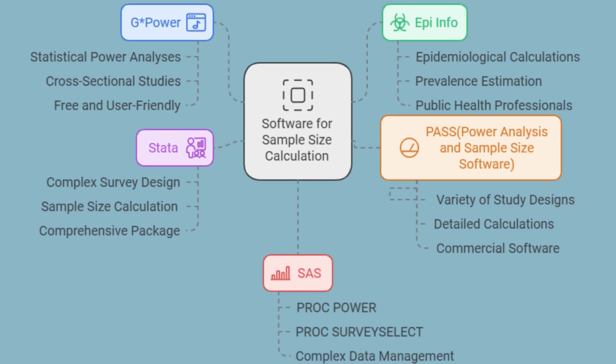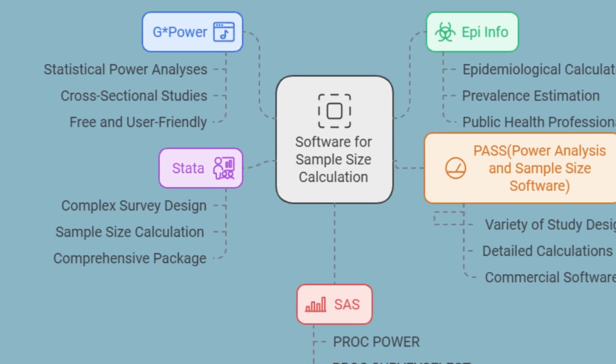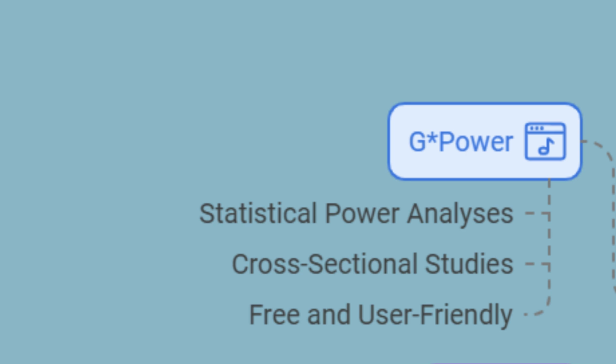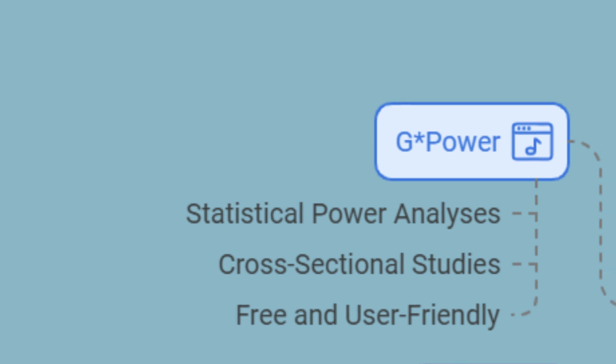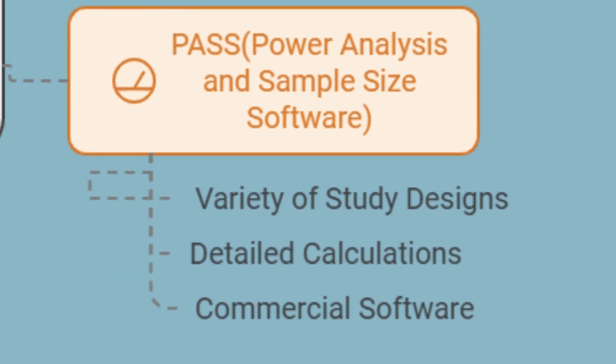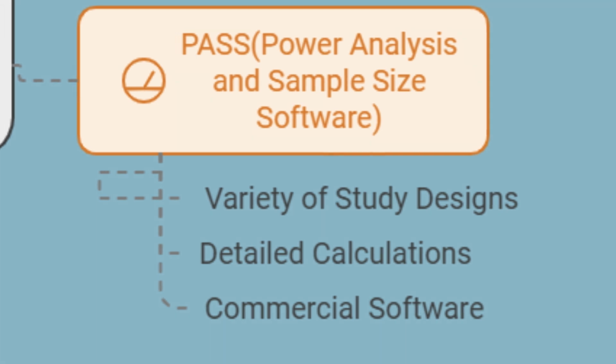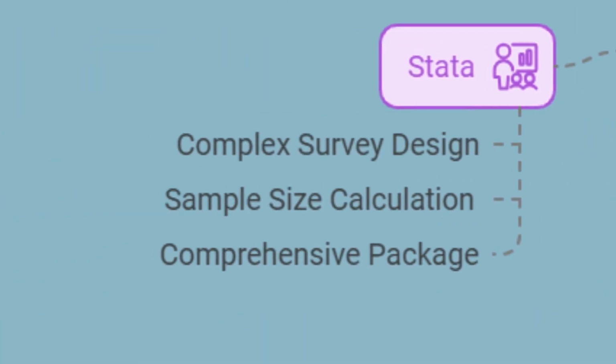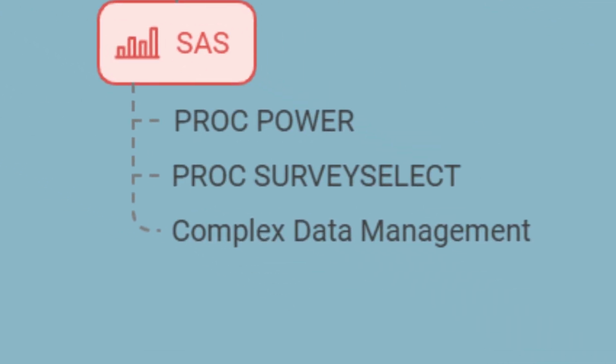There are many softwares for sample size calculation. G-Power is widely used for power analysis and sample size calculation, known for its user-friendly interface. Epi Info, developed by the CDC, caters to public health research with tools for prevalence estimation. PAS offers comprehensive features for detailed sample size calculations across various designs. Stata is suitable for advanced analyses, including complex survey designs, while SAS provides proc power and survey select for statistical